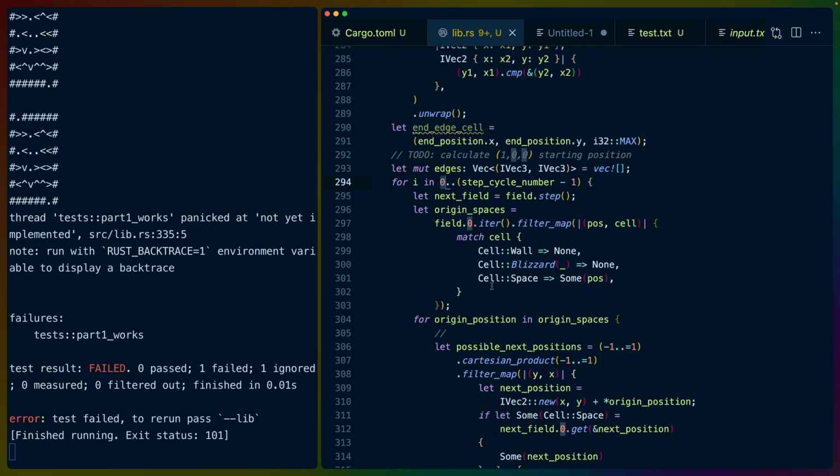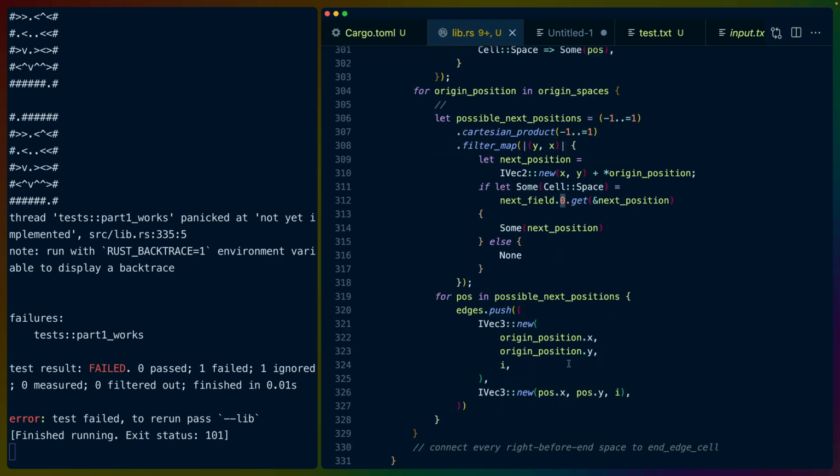So for every cycle, we take the current field and we connect the current field, which is field 0, technically, I guess, and we add it to I plus 1. So that gives us field 0 edges, or field 0 positions that are spaces that connect to field 1 spaces. So anywhere you can move from field 1 to field 2, or field 0 from field 1 in this case,